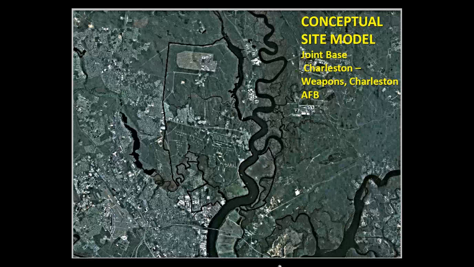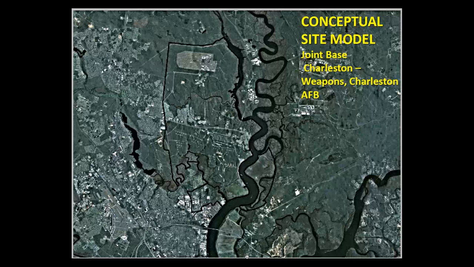The southern part of the Cooper River is tidally influenced, but they built a dam, and you can see that dam right there. And north of that is not so much tidally influenced. The southern part of the Cooper River there is brackish water. The northern part is basically groundwater. It's more fresh. So the facility is divided up by a couple of pretty major creeks, Foster Creek here to the north and Goose Creek to the south.